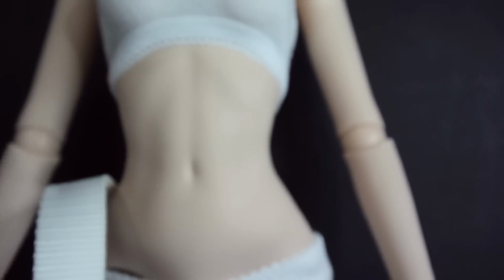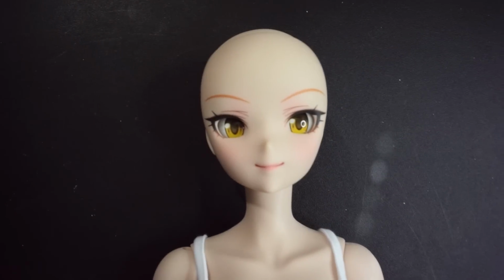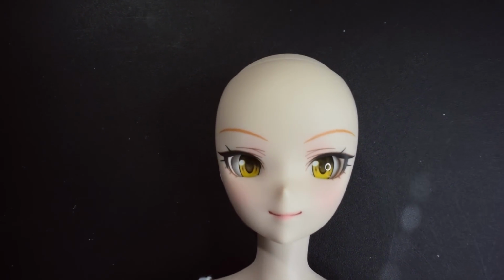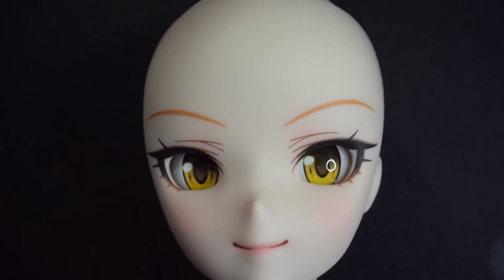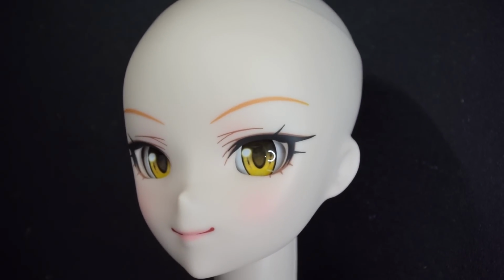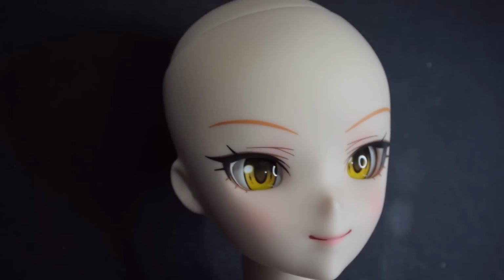If you are good with modeling, like Gundam stuff or other kinds of models, like model trains, you can get rid of that by sanding it down a little bit and maybe painting it or filling it in with putty. But for Mika, I'm just going to leave her just the way she is. I'm actually debating whether or not I'm going to change her body to a full vinyl body, but I'm not sure yet. But as of right now, that's Mika Jougasaki's face. So cute. We're going to zoom in some more. Another close-up so you guys can all see her face. It kind of looks like she's looking at the camera off to the side, and then she's still looking at the camera, right? And then here...